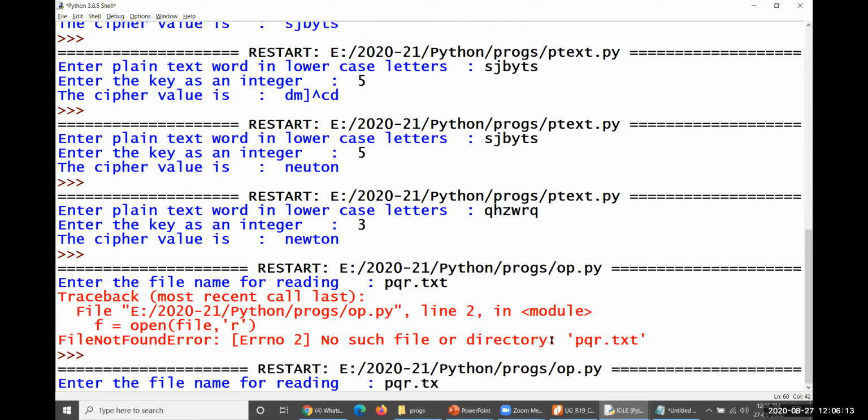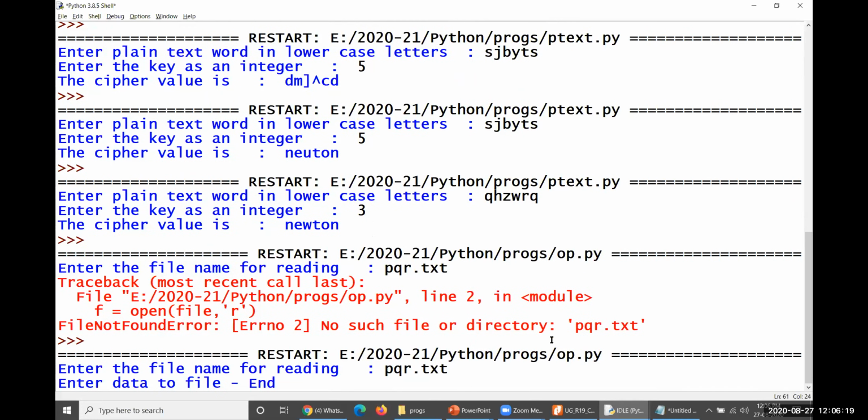pqr.txt, yes, this is the file name. Then you have to type the data until the end. So END must be typed to end the file. So here, this is sample data